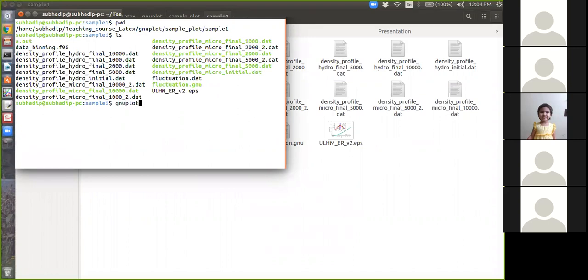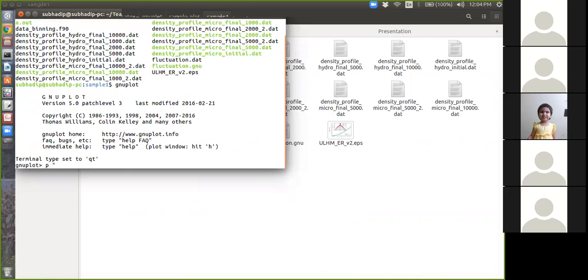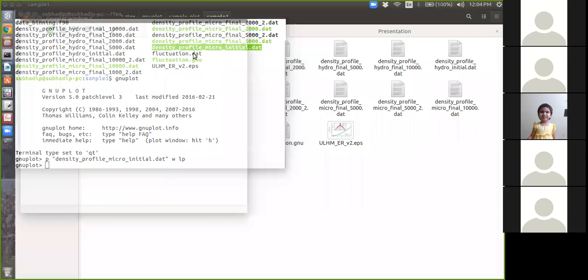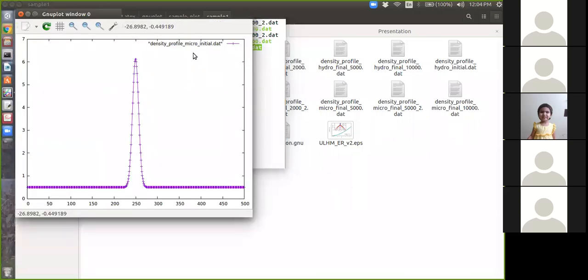Now I will go to GNUplot and then key in some data file. Say I want to plot this data file. Okay, I will just copy and paste, with linespoints. Let's see what it gives. Yeah. So I am plotting this data file. The important thing is you have to plot from the same folder. Open the window from the same folder. So I am stopping the screen share mode and will check what can be done for Windows.